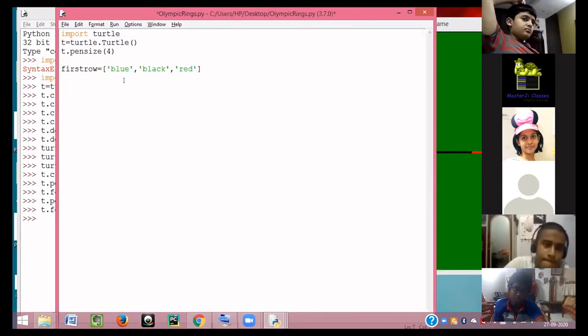Now if you remember Scratch, there is something called repeat loop. Repeat 10 times, repeat 5 times. You have to give a value to this repeat box. Over here also, you have to run a loop. Now, how you run a loop in Python, I'll show you.